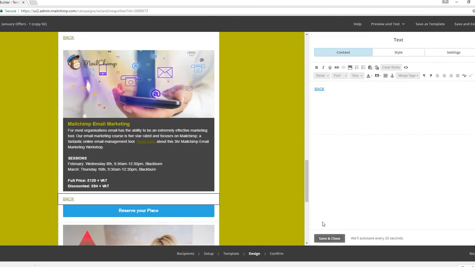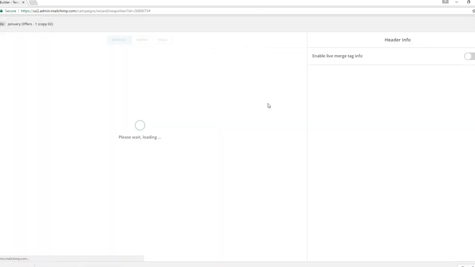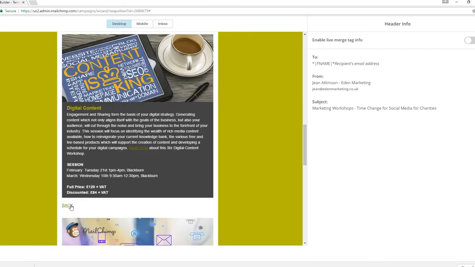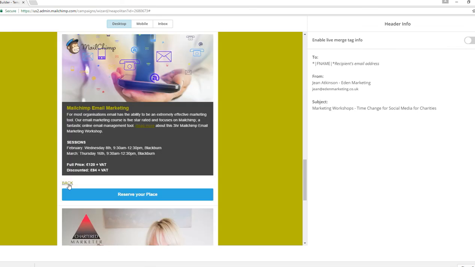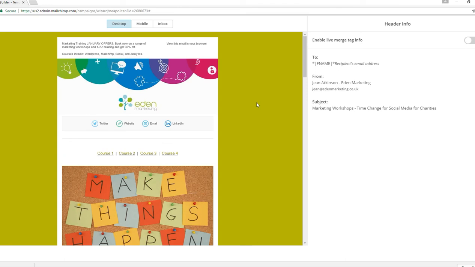Drop that in there. So fingers crossed, when we actually preview this, it will show you here that it will take you to course 3, and it will take you back again up to your courses. Course 4, take you back up again. And it's just a really easy way for people to be linking in within an email and getting to what they want to see. Now unfortunately you can't track these click-throughs in Report because they aren't actually leaving the email